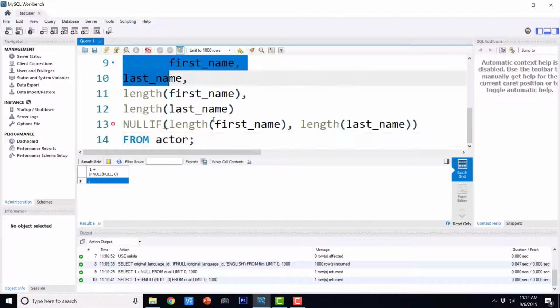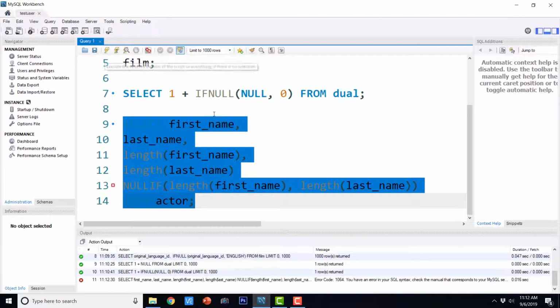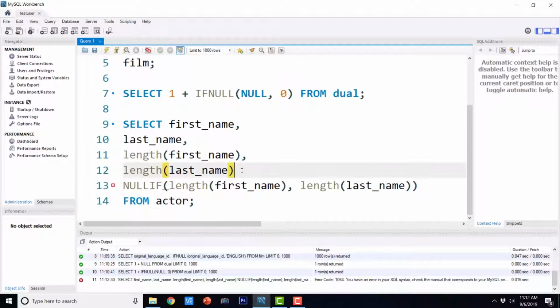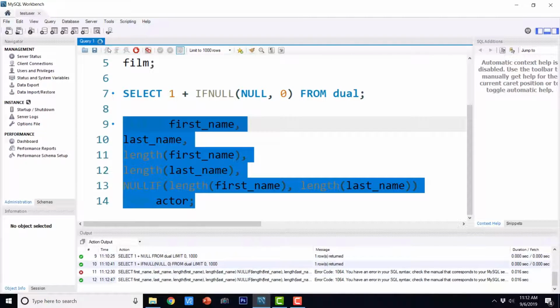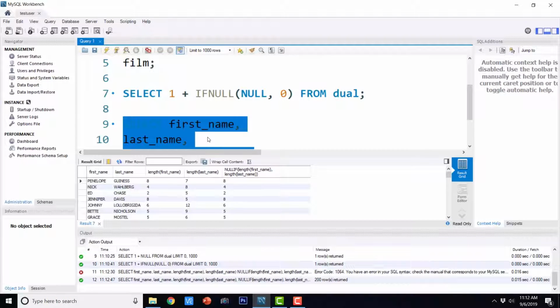So if I execute this, okay, I guess there is some problem because we forgot the comma. It is giving us the problem. So if I execute this again, I will get the output, and this is the output.